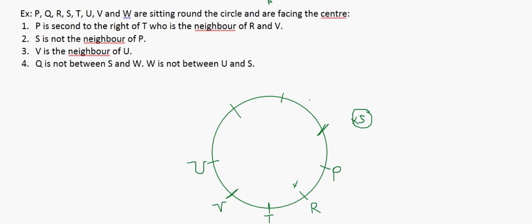Then it says Q is not between S and W. So S is not here, S can be here or here, right? There are 2 possibilities that S can be here or here, right? Let's assume that S is here first. If S is here,